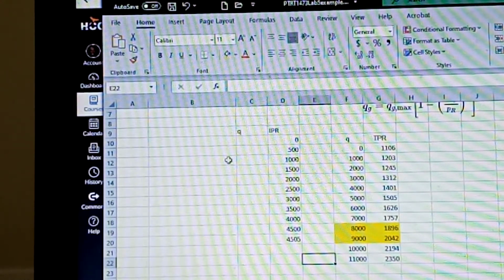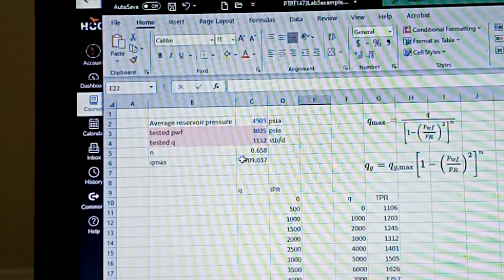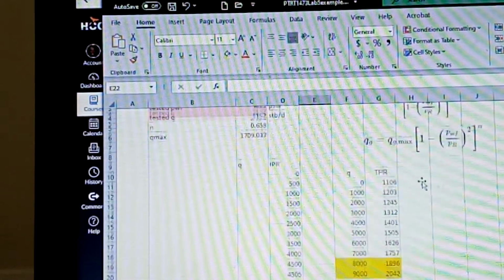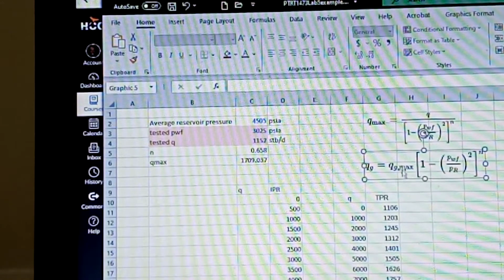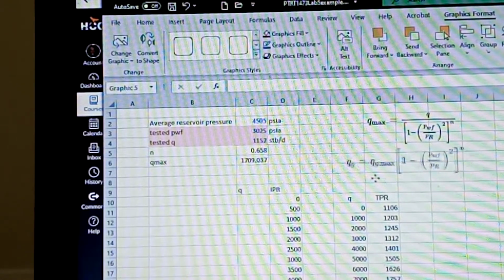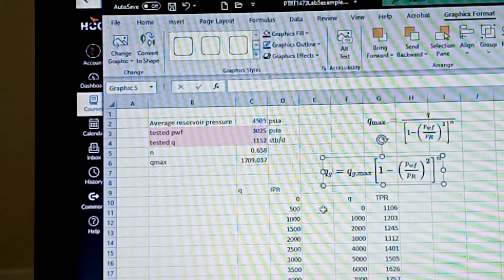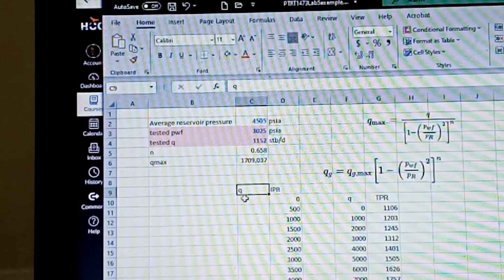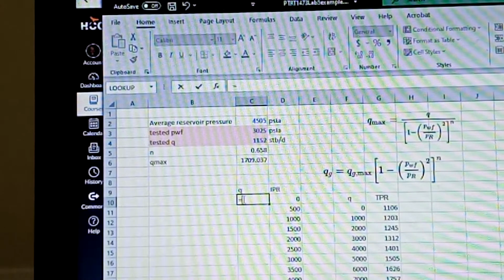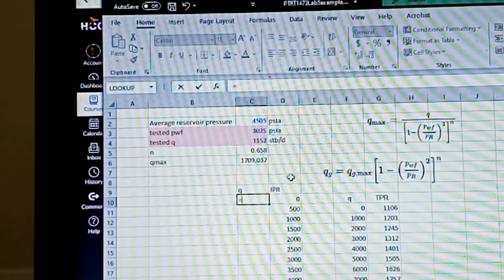For gas, it's not like oil. For gas, it's only one equation. It's only oil where you change at the bubble point. There's no bubble point there. So this is the only equation I need to use for flow rate. So I have to enter that equation, which is, I say equals Q max. I click on Q max,